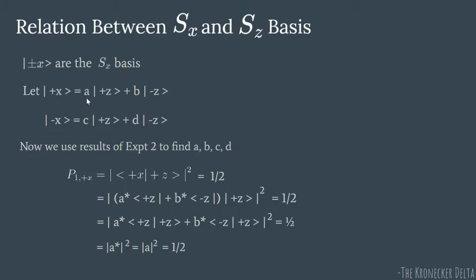What you take outside of the bracket is called a global phase. Any global phase does not affect your representation of the state. It still means the same thing. So you can multiply this entire term by a common phase and it will make no change. What matters is the phase difference between these two components. So it doesn't matter to us what the absolute values e to the power ia or e to the power ib are. What matters is e to the power i(b minus a). Okay, I hope that's clear.